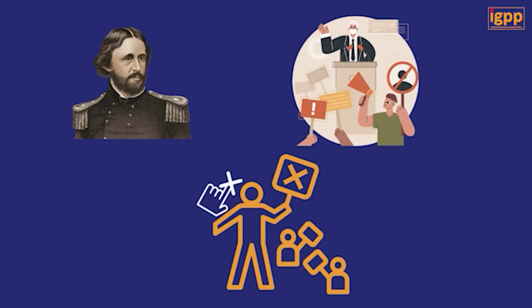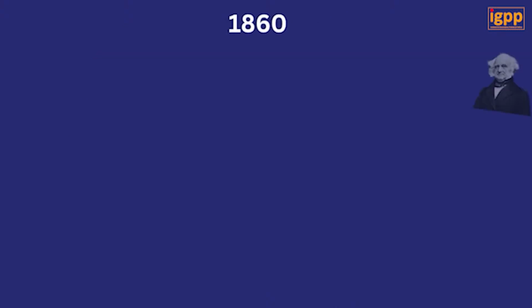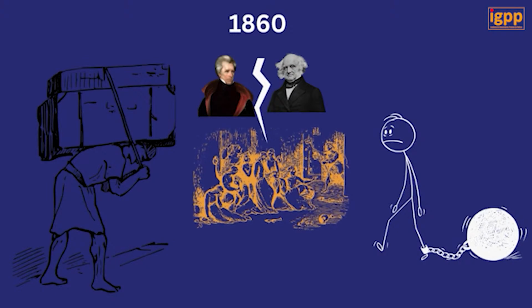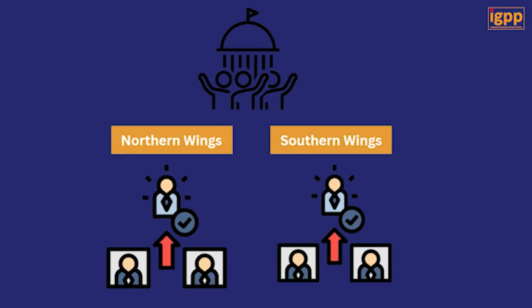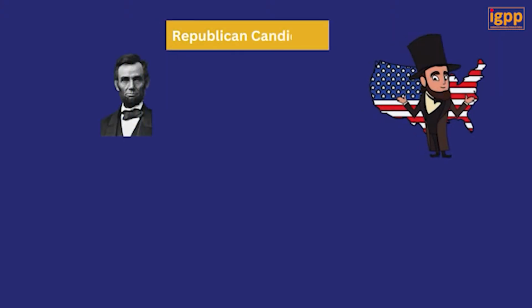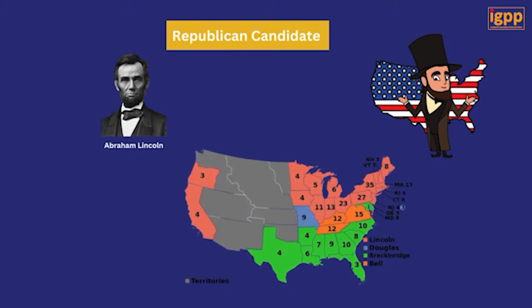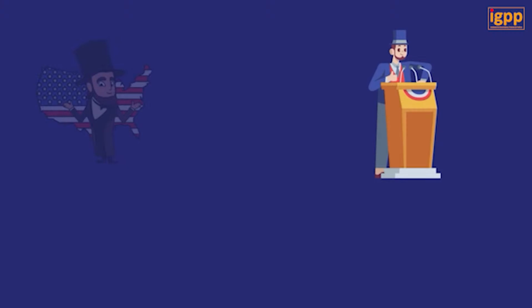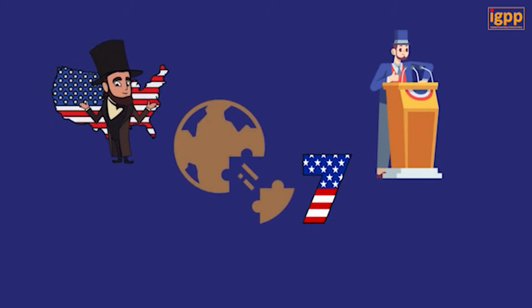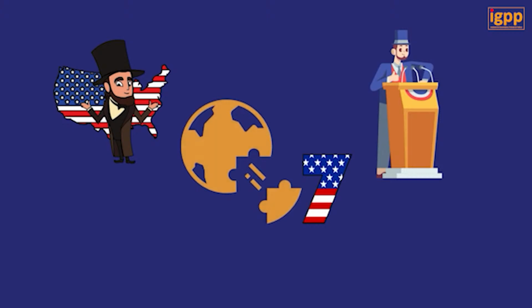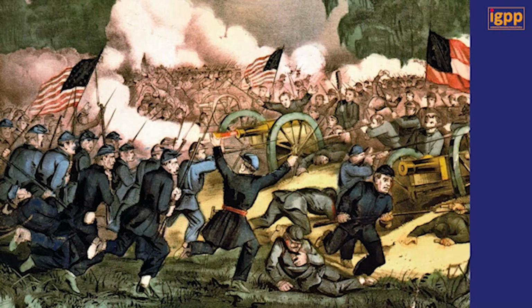the dominant Democratic Party. In 1860, the Democrats split over the slavery issue, as the northern and southern wings of the party nominated different candidates. Thus, the single Republican candidate, Abraham Lincoln, was able to capture the presidency, winning 18 northern states and receiving 60% of the electoral vote, but only 40% of the popular vote. By the time of Lincoln's inauguration as president, however, 7 southern states had seceded from the Union, and the country soon descended into the American Civil War.